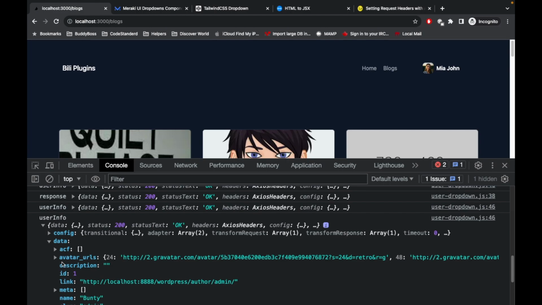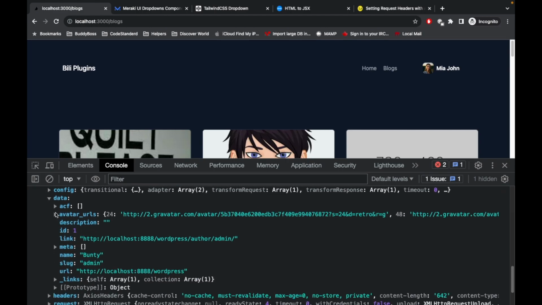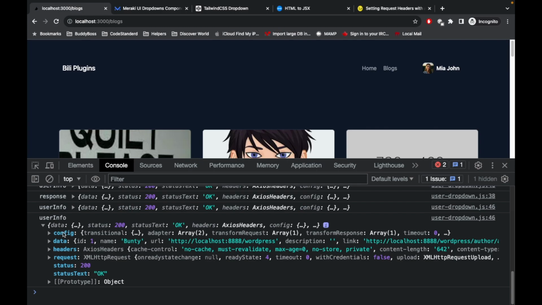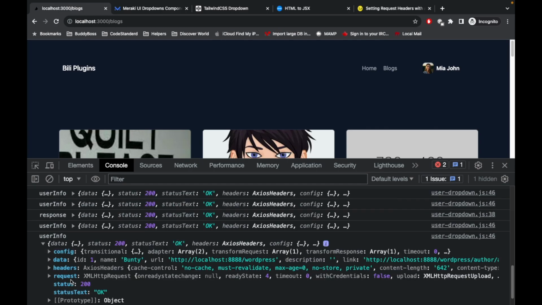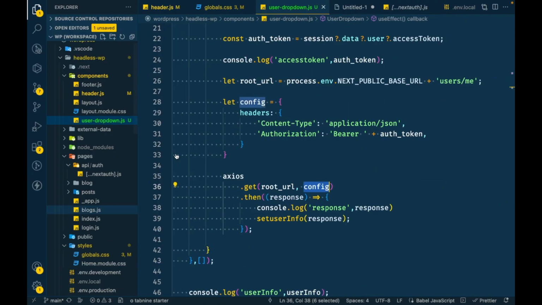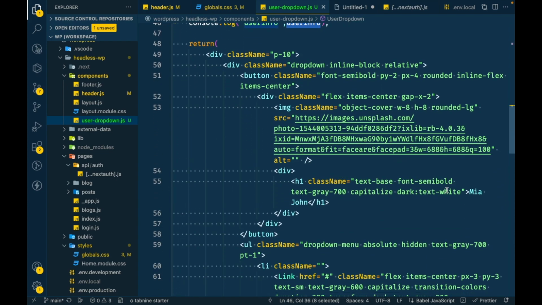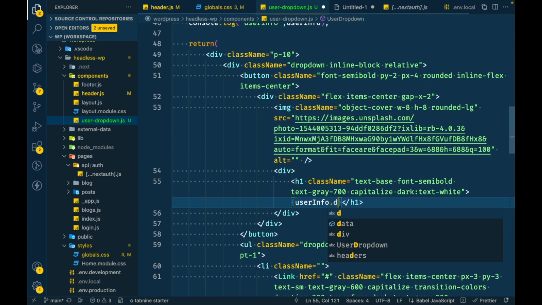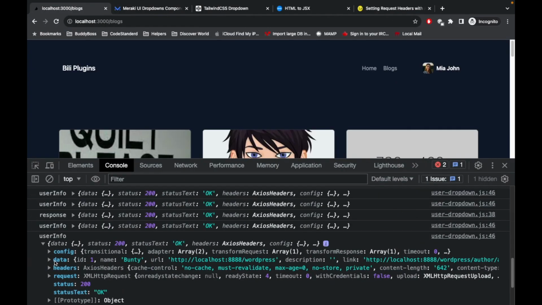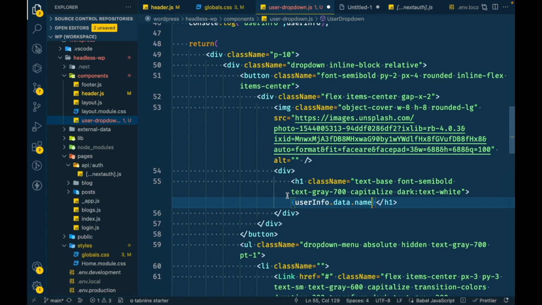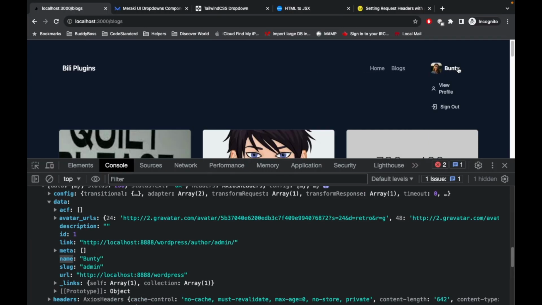user info data, and yes, we have all the user related stuff over here. So data of data. So now we can use this user info over here. User info dot data dot name. Let's see what happens. So our name started displaying over here,